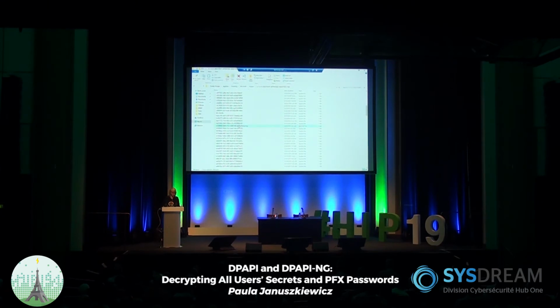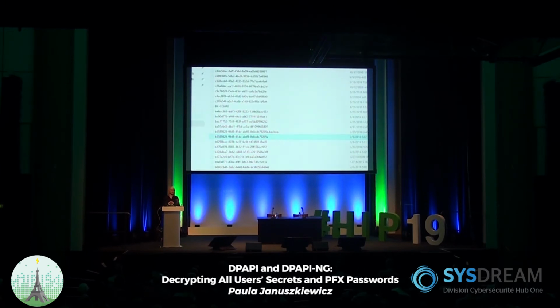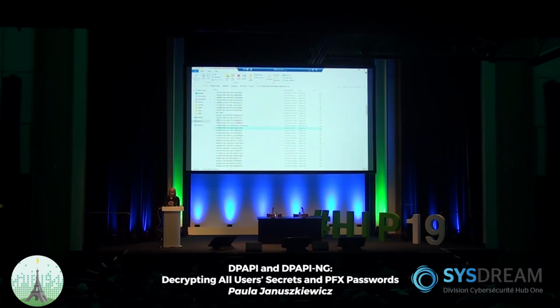So if we move forward, we've got this. So B55. I marked this key over here like this so that I don't have to search for it for a long time. But this is the guy that we will have to get access to because this master key encrypts our Google Chrome stored passwords. And I'm like, come on, I don't know the user's password, user's hash. I want to get access to this key. So how do we do it?